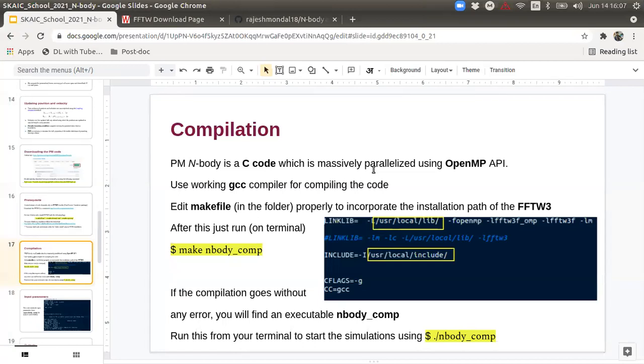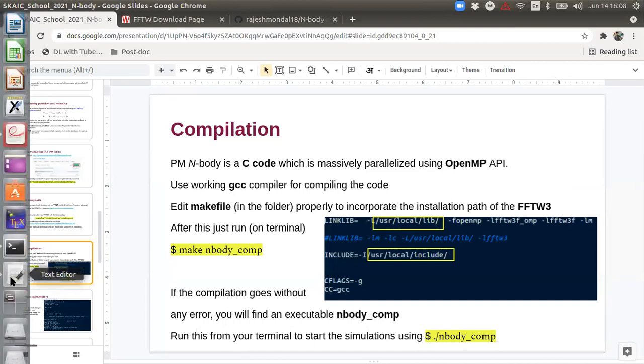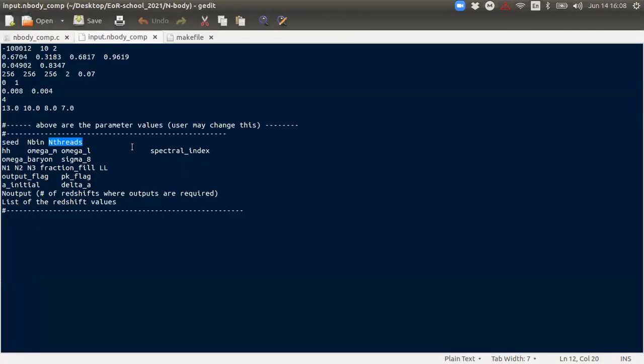It is massively parallelized using an API called OpenMP. For that, you have to specify the number of threads, which is given by this parameter over here. I have set it to 2 because I have only 4 cores here, so to play it safe I defined it to 2. On your server you can define this number to be whatever you like, and whatever is permitted by your server administrator.